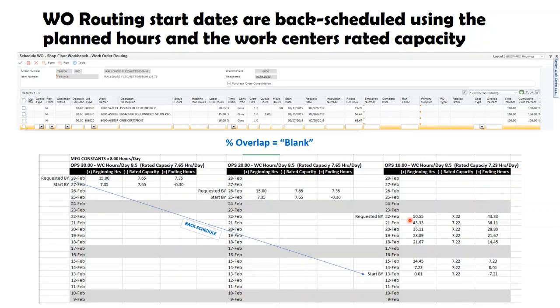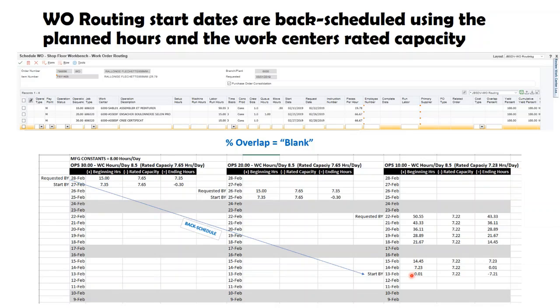When working backwards for Ops 10, its rated capacity, again, was 7.23 rated capacity hours. 50.55 minus 7.22 equals 43. 43 minus is 36 remaining, and you can see how the back scheduling works for the routing,